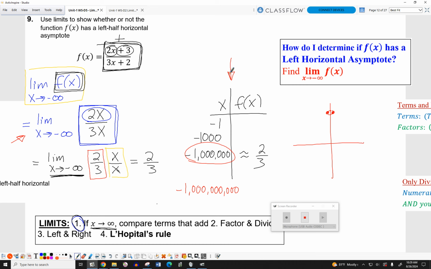Stop the video. Oh, we didn't do the conclusion. So you'd say, therefore, f of x has a left horizontal asymptote